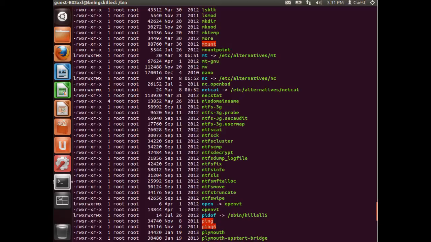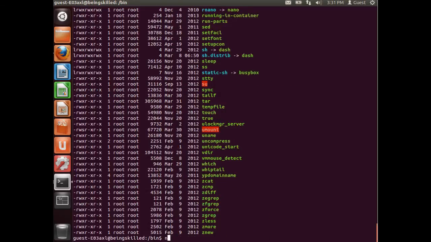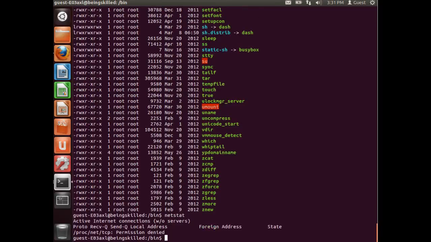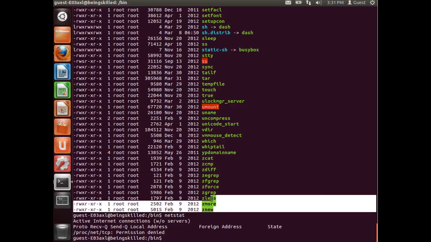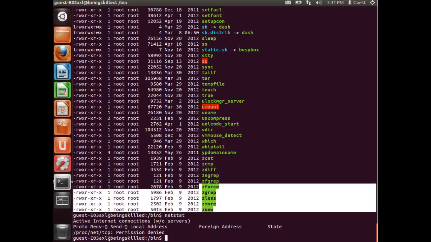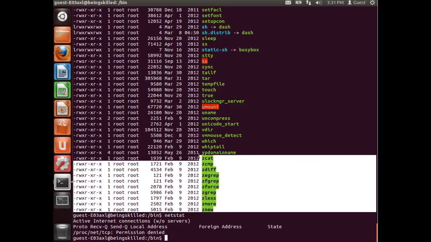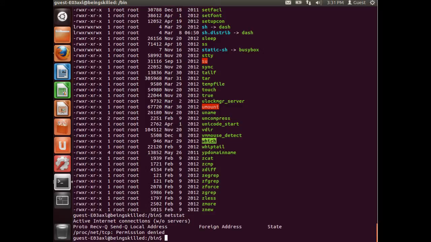Then we have netstat, which is used as a network utility. So basically it shows you all the machines which are currently connected. Then we have which, which shows the location of any command.